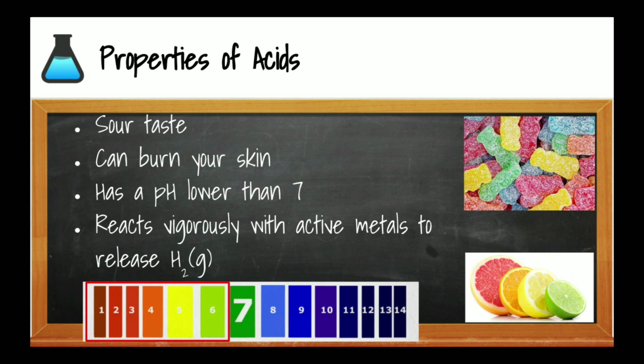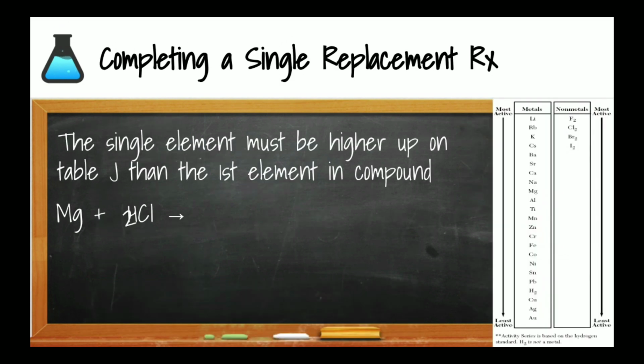Now, acids generally have a sour taste, so we can think about when we eat Sour Patch Kids or lemons, they are acidic. Acids can burn your skin, and they have a pH lower than 7. Acids also react with active metals to release hydrogen gas in a single replacement reaction. Remember from Unit 6,